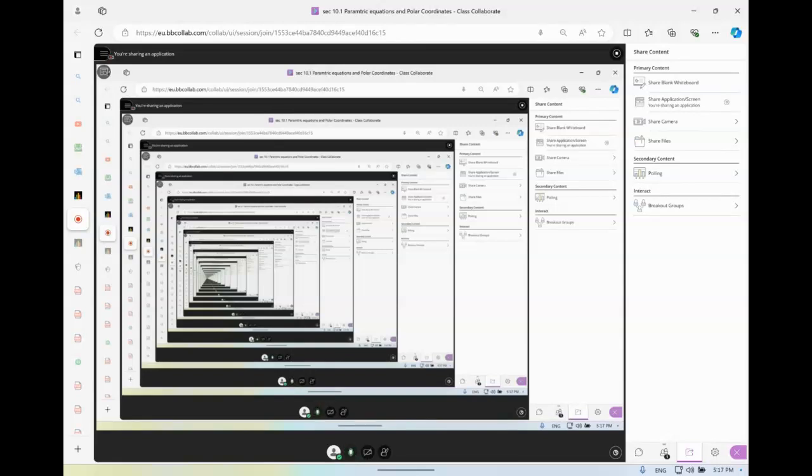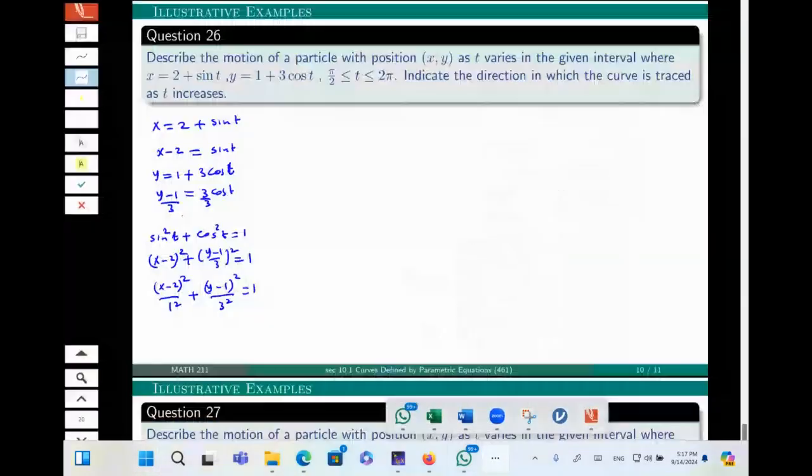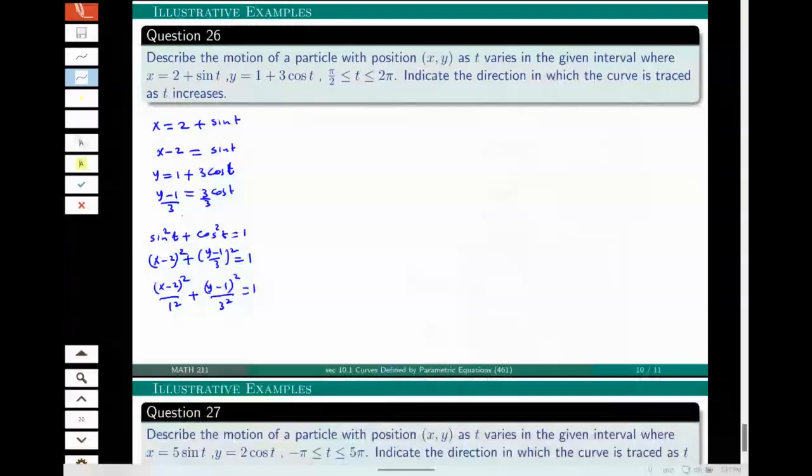Okay, let's continue. Okay, so we said that now we have, in the Cartesian system, an ellipse. The graph of the ellipse is easy to graph. So we will say